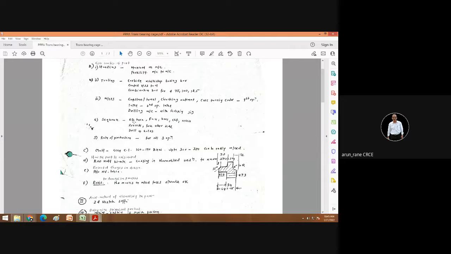The moment you change the setup, your operation number also changes. So if you say operation number 10 is this, operation number 20 will be setup 2. So in that case, you reverse the workpiece.